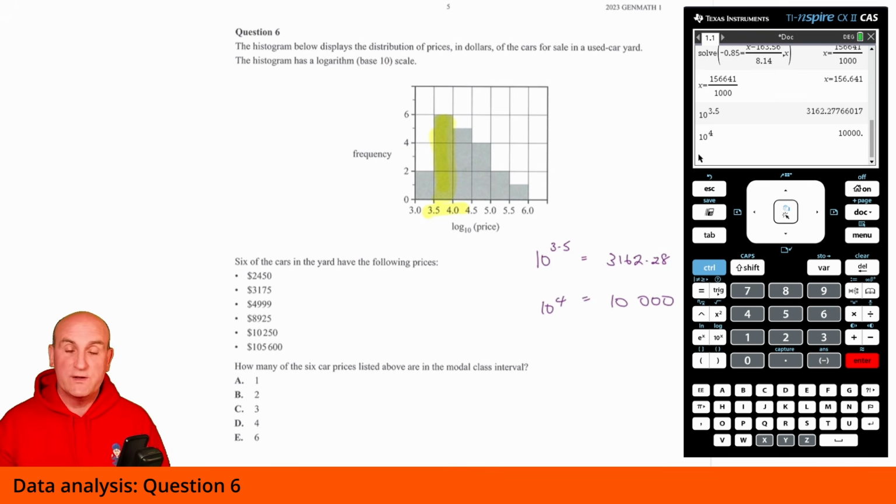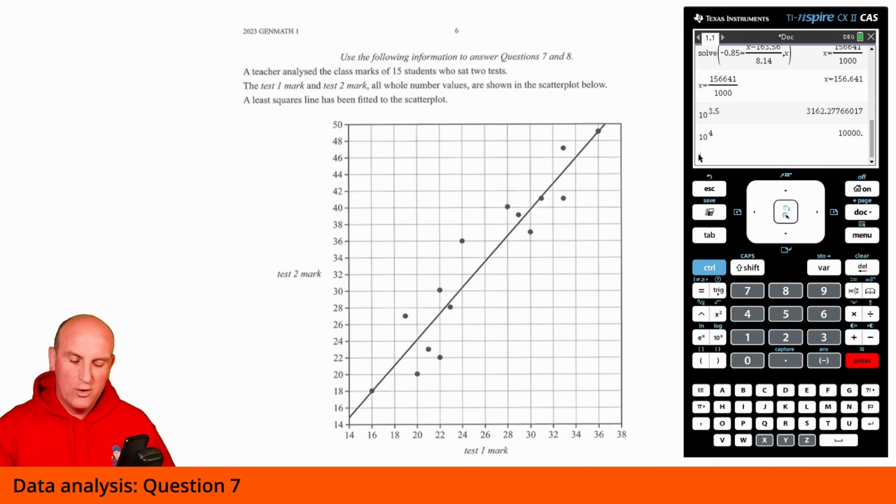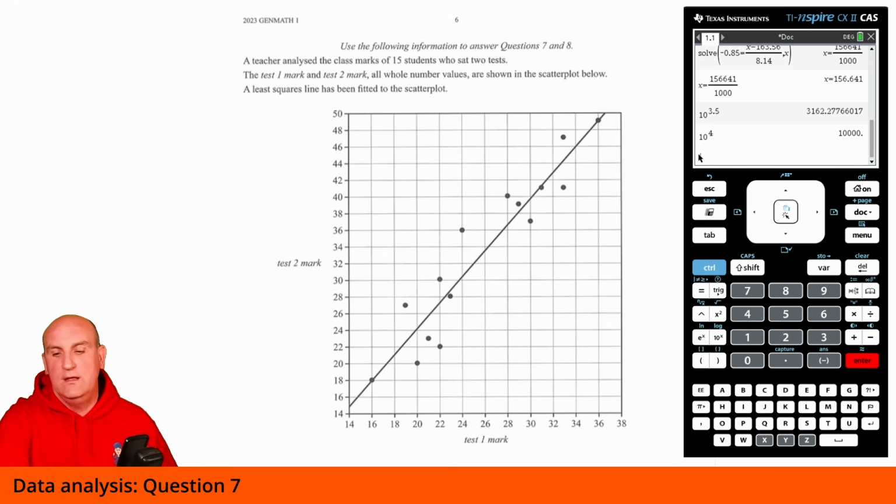What have we got here? So we're looking for cars that go between that. Well, nope. That's too big. This one seems to work. That one seems to work. And that one seems to work. And that one's too low. So I'm going to go for C3 as my correct answer. Yay! All right, again, logs. It's interesting how every single year they just slightly change how they ask those questions.